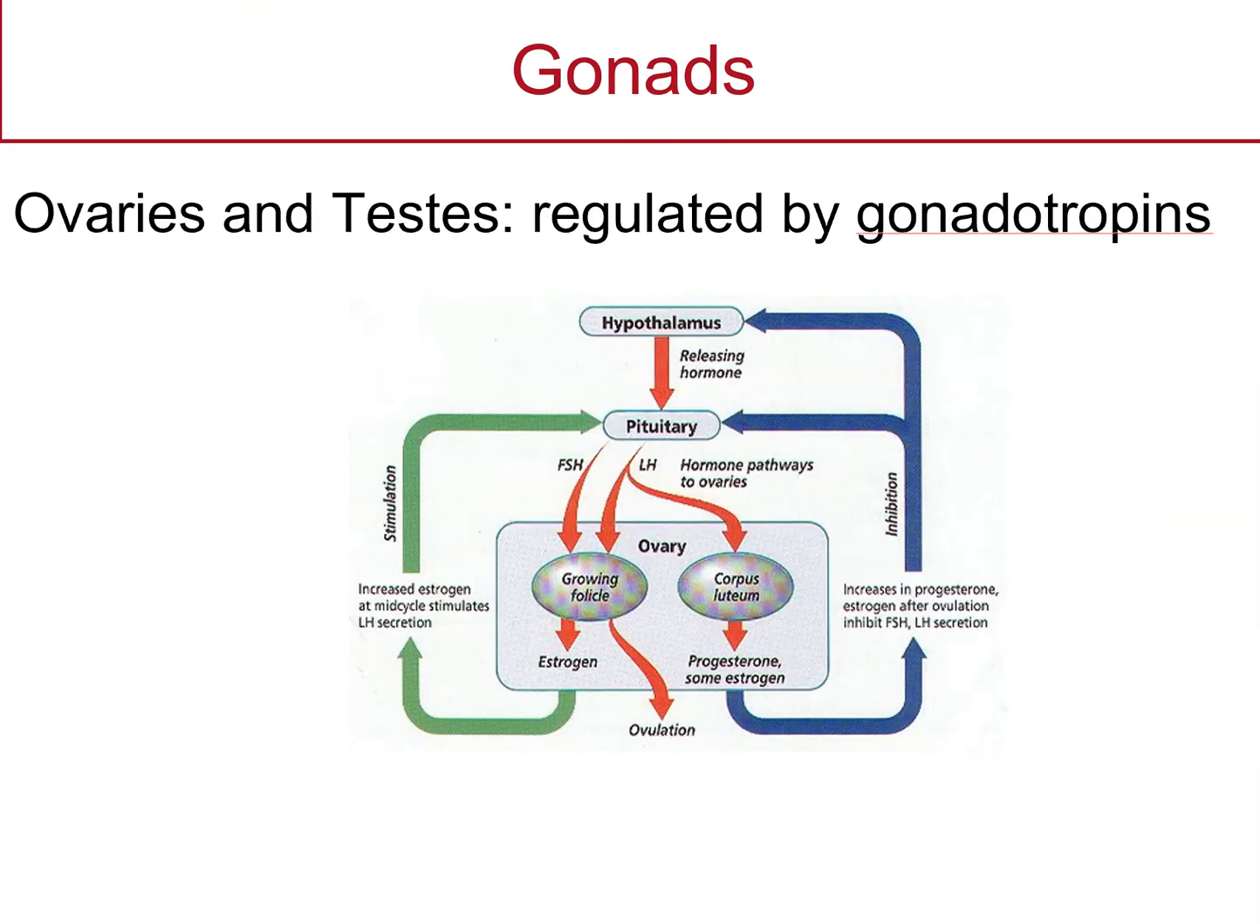Now, the gonads are the ovaries and the testes. Remember, the gonads are going to release those steroid hormones. They're under control of the gonadotropins. So remember that the hypothalamus releases GnRH, and that was latent. That is not released, and then when it becomes released, that's what triggers puberty. That goes to the anterior pituitary and releases FSH and LH, and these travel to the gonads to trigger the